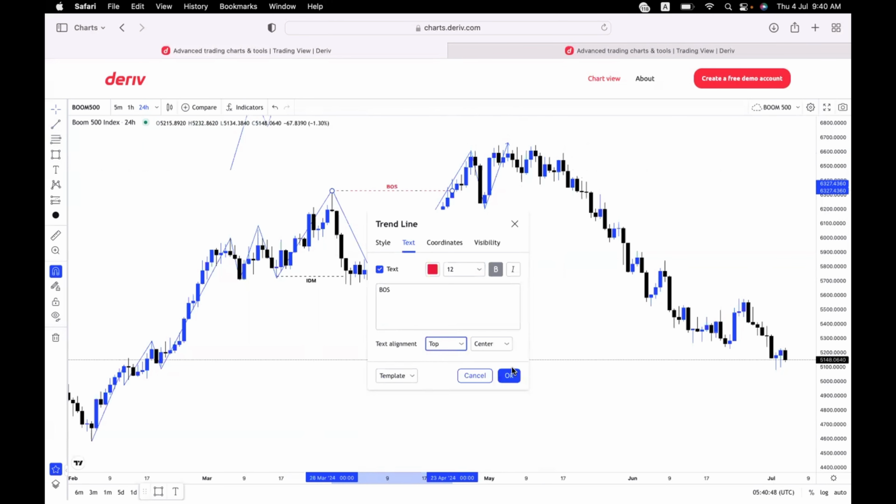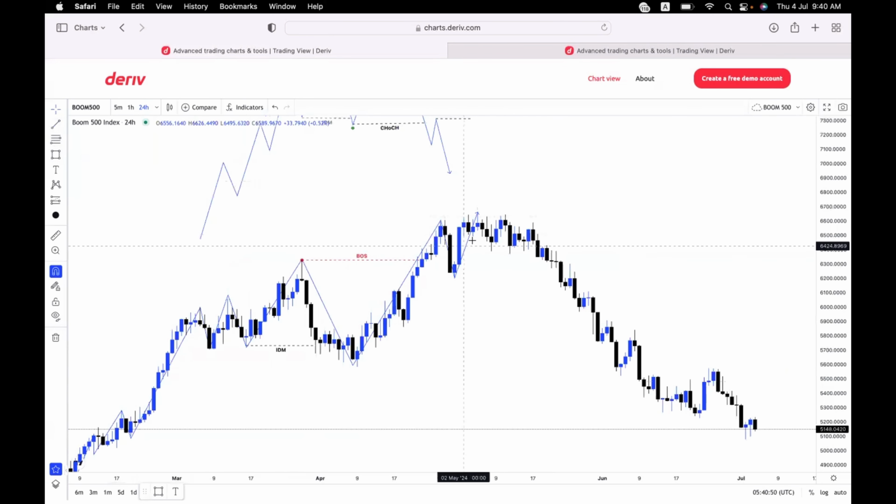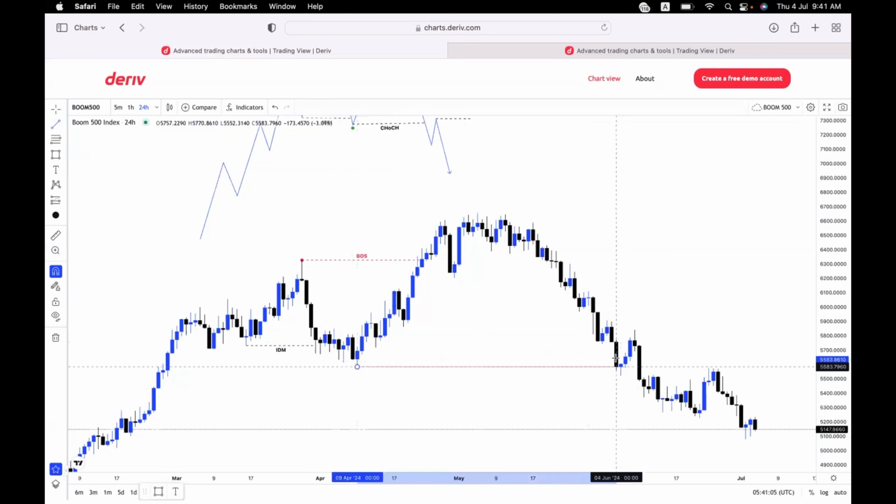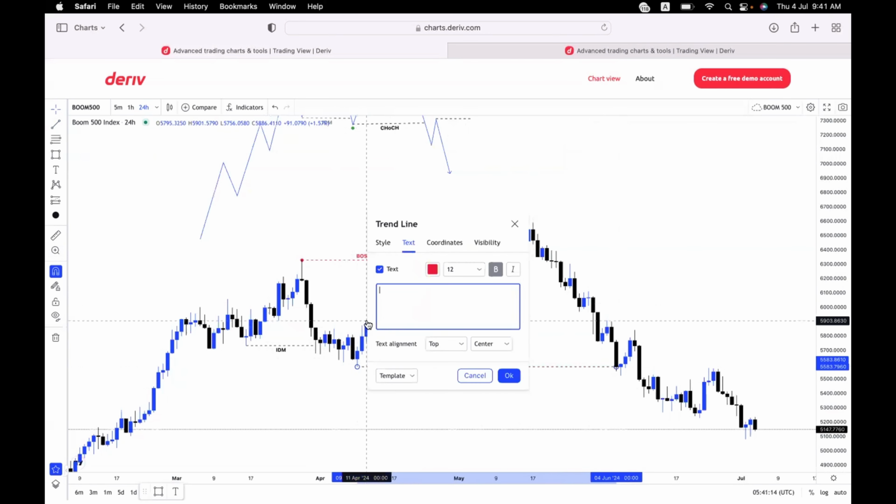So after the breakout structure, we expect price to continue bullish, but in this case, price did not continue bullish because this lower high was taken out, meaning it's now a change of character, right? So with the change of character, we're not looking for buy entries on the daily time frame. And this was in April when the low high was created. It was taken out in June, right? So this is our new change of character, indicating that BOM 500 on the daily time frame is about to go bearish, right? So with this in mind, we will now look for